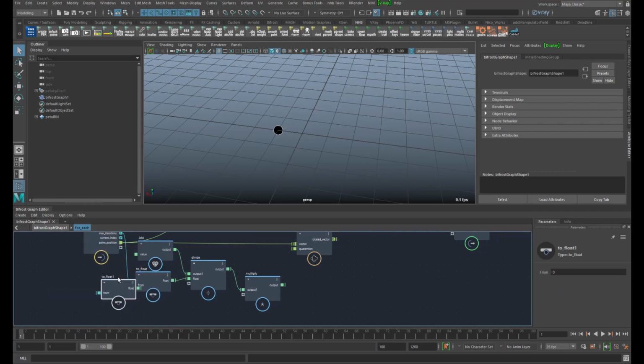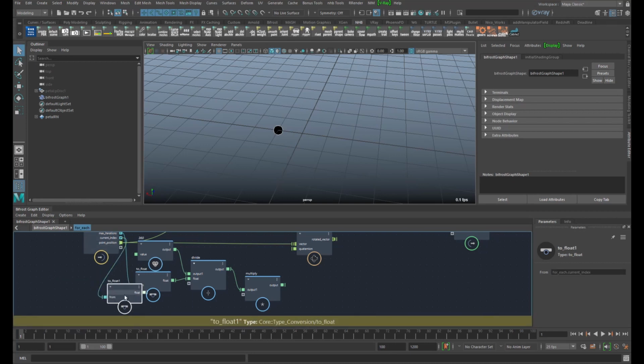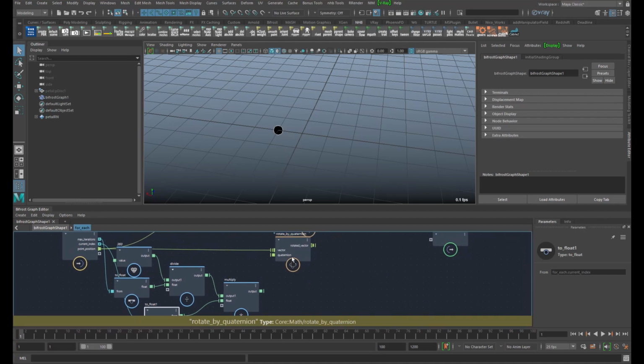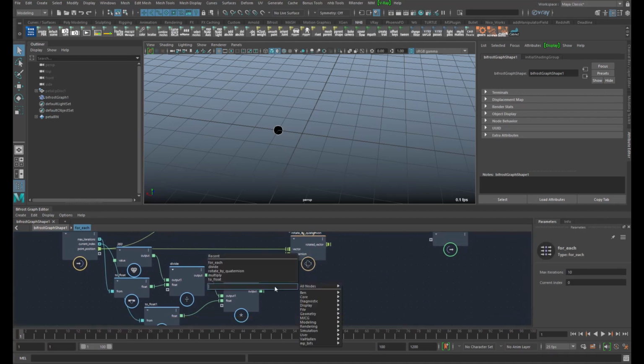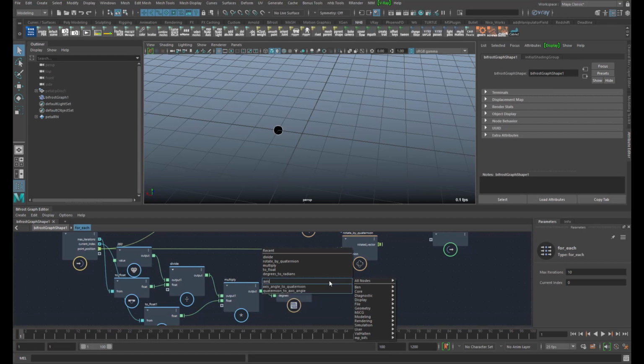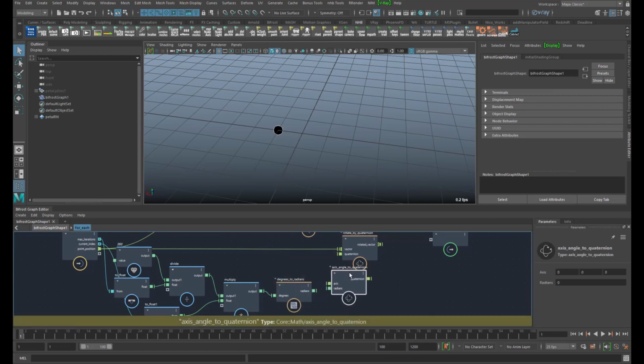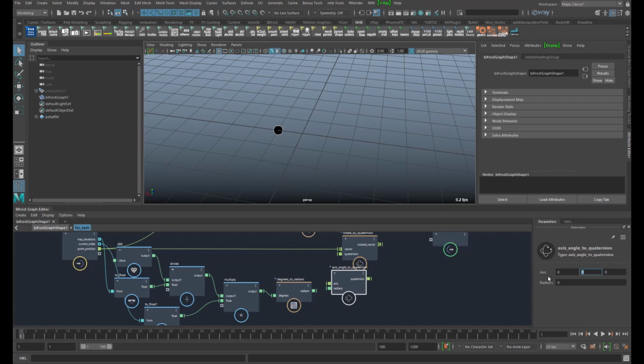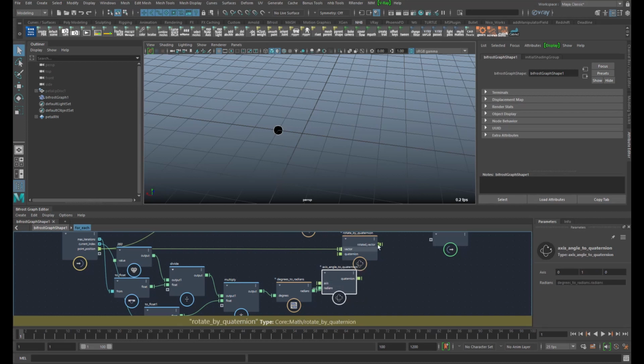This also needs to be a float. And then we're gonna convert this from degree to radians. And then take the axes, the y-axis, and the radians to give us the quaternion that we need.